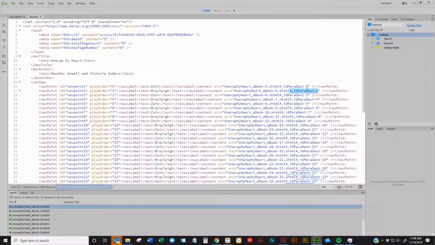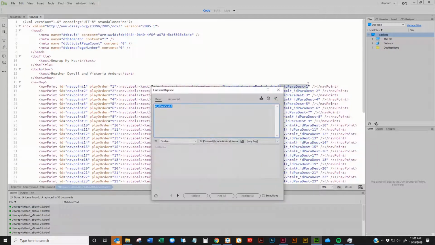All right, so what we're going to do to remove these, we're just going to select this first one, we're going to copy it, we're going to bring up our find menu, which is Control-Shift-F, and we're going to use our handy dandy little grep thing that I taught you, where it's paren, period, asterisk, question mark, close paren, and we are not going to replace it with anything, and we are going to tell it to look in the current document only. So,